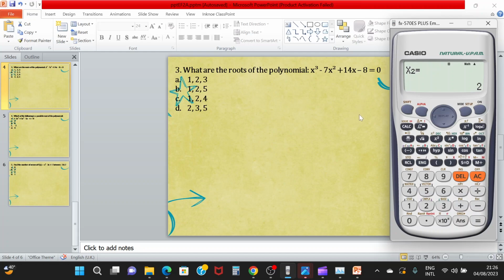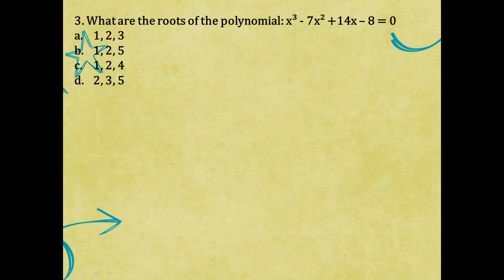So we have here, kapag ganito ang given, ang gagawin mo lang ay all clear ulit, mode 5 ulit, at dahil sa third degree siya, punta ka sa number 4, choose number 4. Then, encode mo ulit, x cubed is 1 ang kanyang numerical coefficient, and then minus 7, negative 7 equal, and then 14 equals, and then negative 8 equals, and then you have here 4, 2, and 1. 4, 2, and 1, and that is letter C. So, letter C ang ating tamang sagot sa